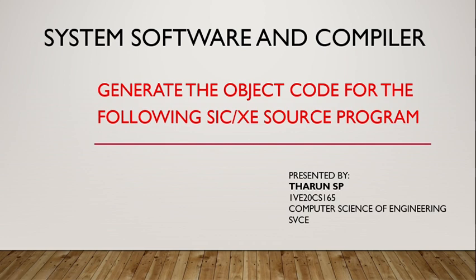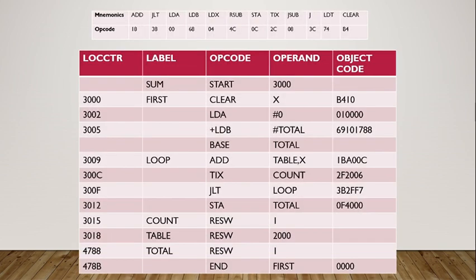In this video, let's learn how to generate the object code for the given SIC/XE source program. This is the source program given, and for the object codes, the numeric values are also given. What we need to find out is the location counter values for these instructions, and then using these location counter values, we can generate the object code, and using these object codes, we can generate the object